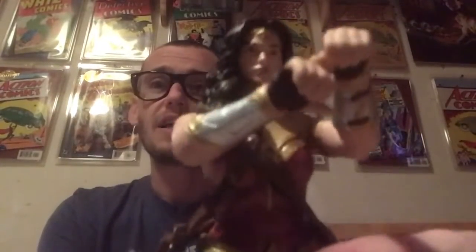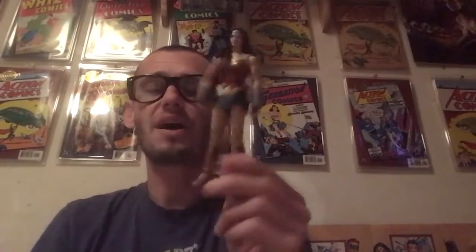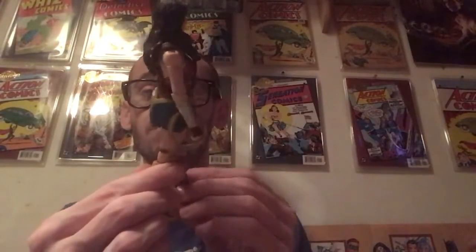That's a shame. That is an absolute shame, because one of the positions you would want her in is her deflecting, and she can't even do that because of those elbows. Overall, I think I'm quite disappointed in these. If I was getting such poor articulation, I would have just gone with the Mattel basic ones, which I do have, and are actually not that much worse than these,